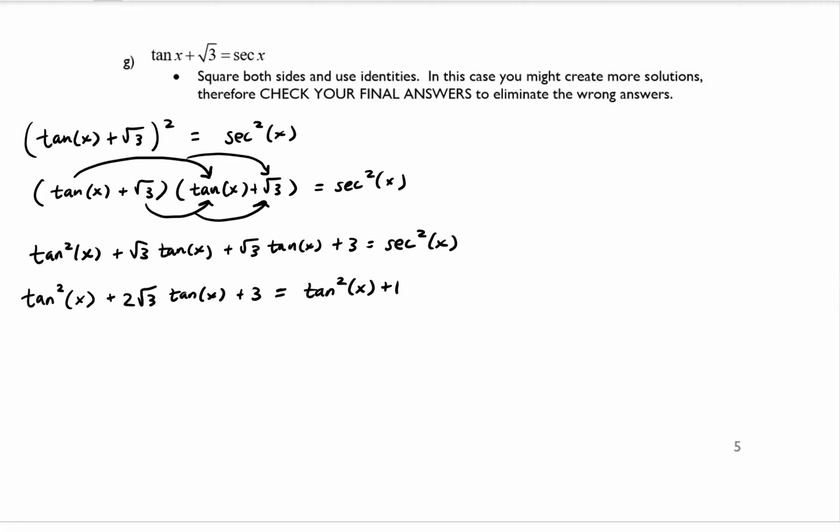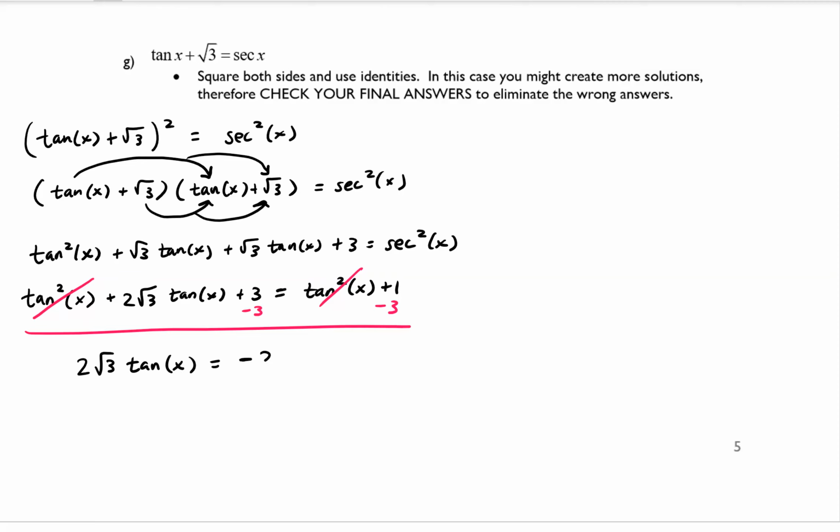Now what we can do is subtract tangent squared x from both sides. So if we do that, then these will cancel out. And then I can also subtract 3 on both sides. And if I do that, I get 2 root 3 times tangent of x is equal to 1 minus 3